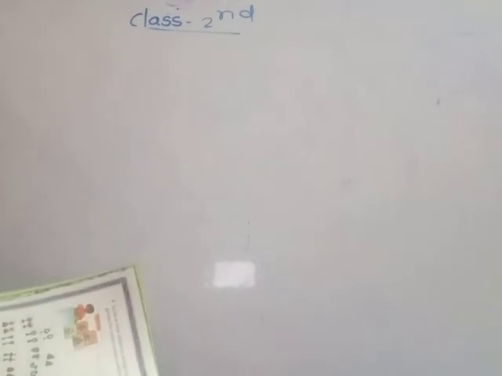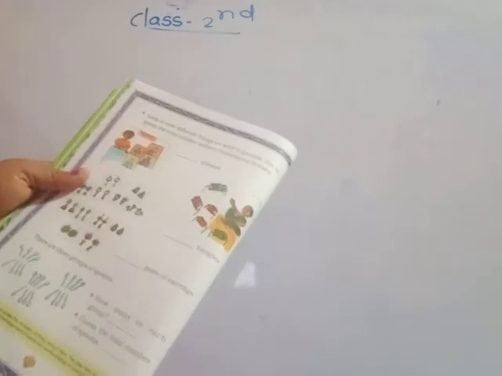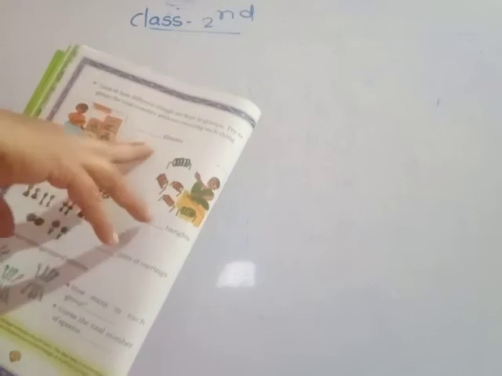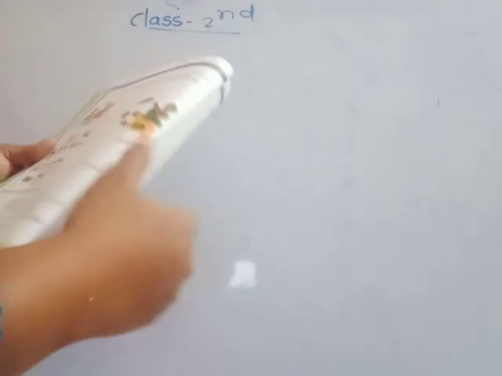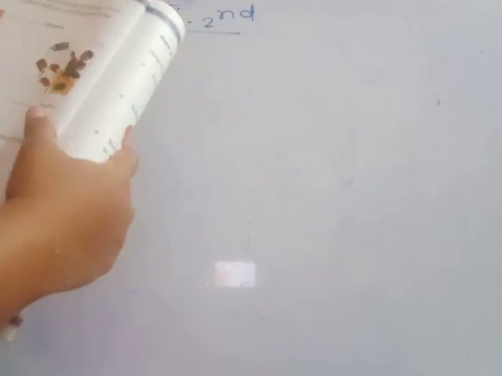Look at how different things are kept in groups. Try to guess the total number without counting each thing. See here, these glasses are kept in groups. How many groups here? 4 groups. And in each group 3 glasses. Then 4 3s are 12 glasses. Then you write here how many glasses? 12 glasses.